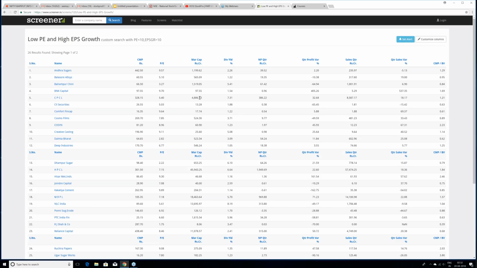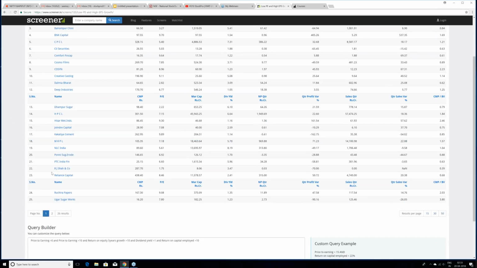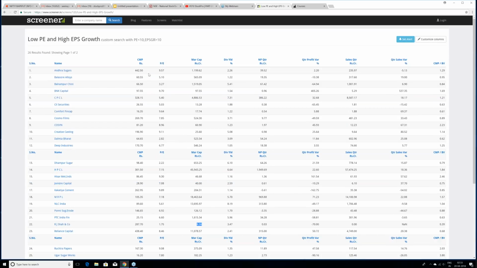a decent market cap. So ignore this company, like CIL Securities, 13 crores, Comfort FinCorp, 17 crores. Ignore these companies. Creative Casting, ignore this company. You don't need this, right? RJ Shah and Company, 8 crores. Remove these, right? One criteria is to have a decent market cap, right? So that is your first criteria, and according to me, a company which has about 500 crores market cap should